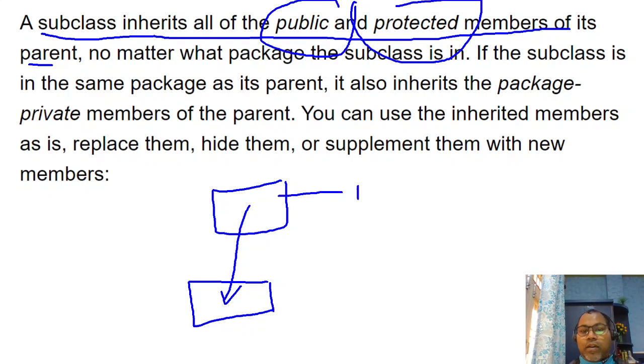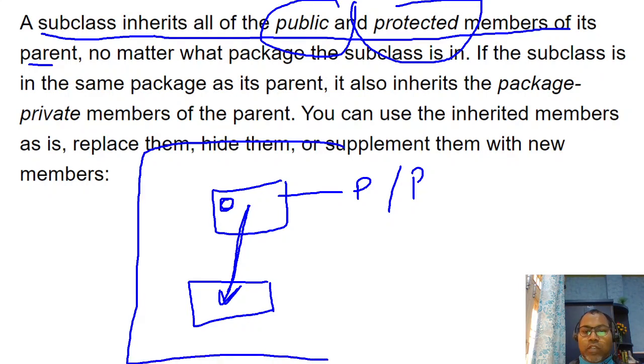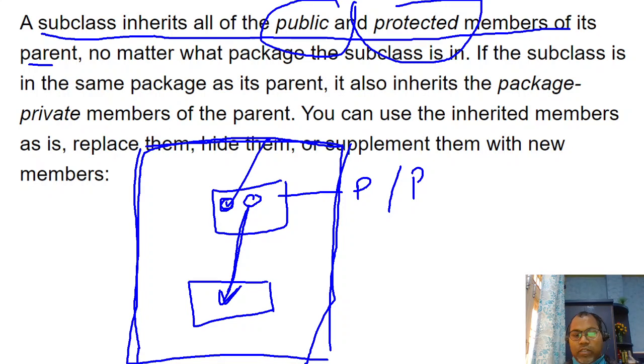If you write a public or protected data member here, it can be directly accessed here. If you are not writing any modifier, that means default, which works like public inside a particular package, meaning the folder in Java known as the package.